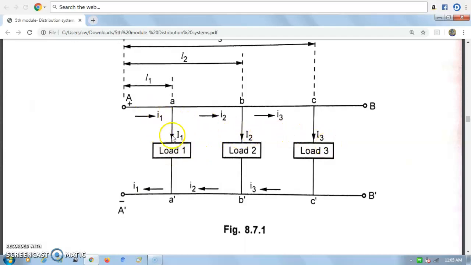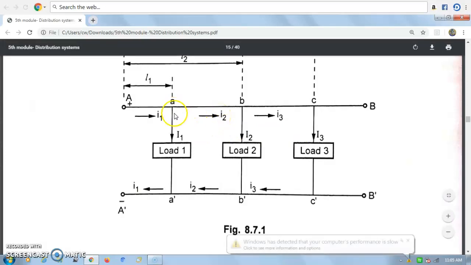This I1 is distributed through the first load, second load, third load. That is, the current flowing here is capital I1, I2, I3. Therefore, small I1 is equal to the total current fed at the one end, that is capital I1 plus I2 plus I3. Next, small I2 is equal to what? Leave this I1; the remaining current flows through load 2 and load 3. Therefore, small I2 is equal to capital I2 plus capital I3. Next, small I3 is equal to capital I3. Whatever remains is flowing to the third load.